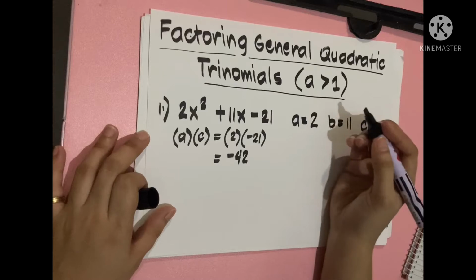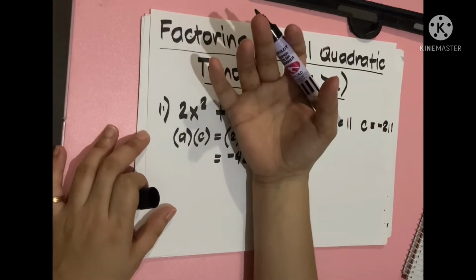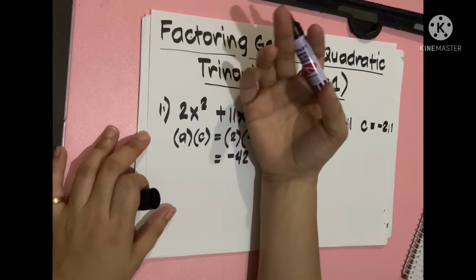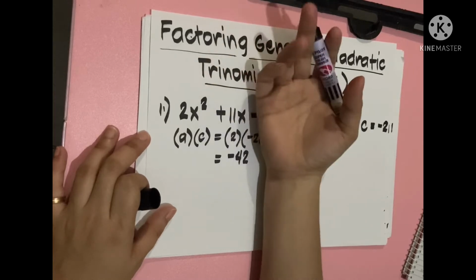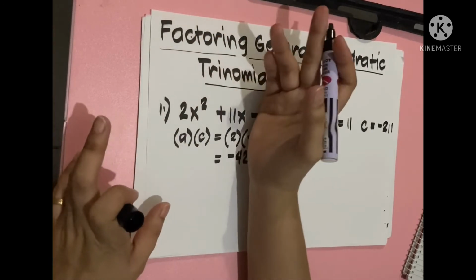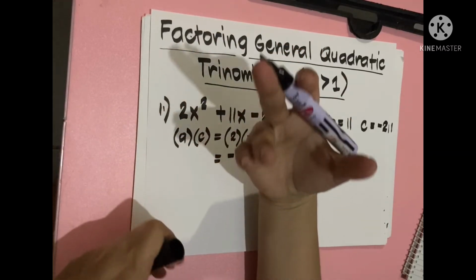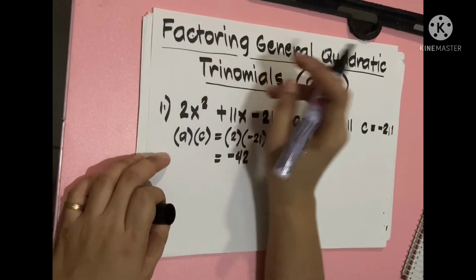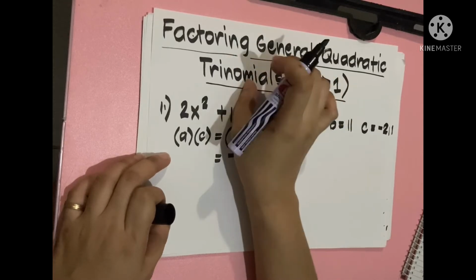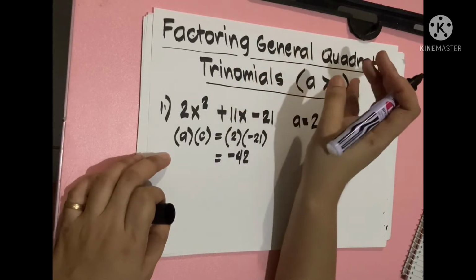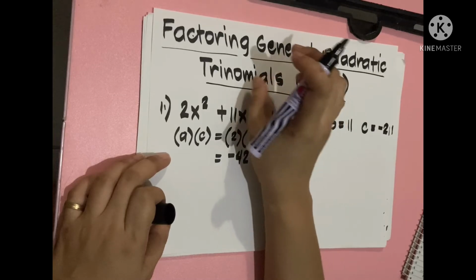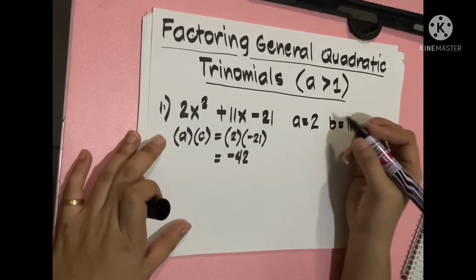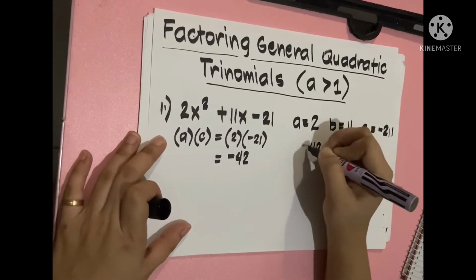So, meron tayong 6 and 7. So, pag inadd mo yung 6 and 7, that's 13. Kapag naman minus mo yung 6 and 7 or 7 and 6, 1 ang ibibigay. So, ibig sabihin, hindi natin pwedeng gamitin si 6 and 7. So, mag-isip pa tayo ng another factor ng 42. So, we have 14 and 3. So, kapag inadd mo yung 14 and 3, that is equivalent to 17. Kapag minus mo naman yung 14 and 3, that gives us 11. So, ibig sabihin, pwede natin gamitin na factors ng negative 42 ang